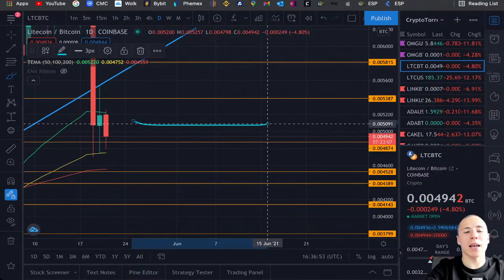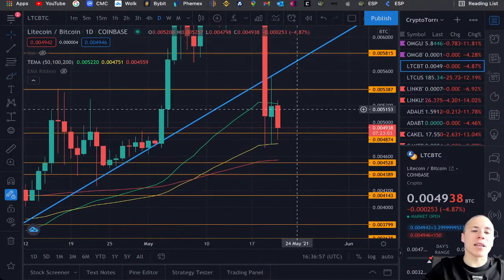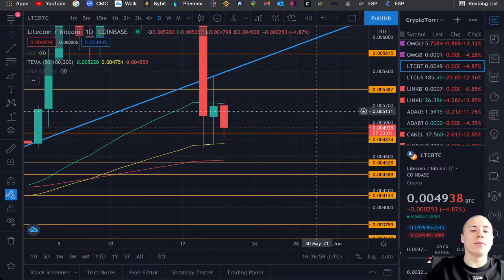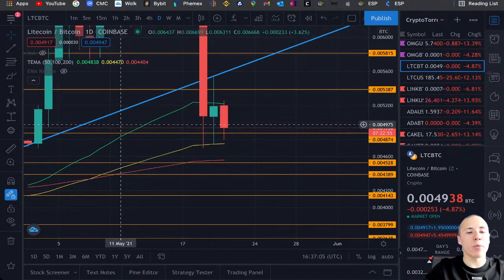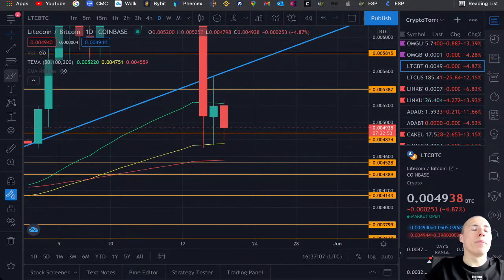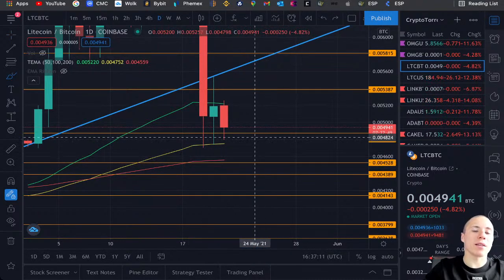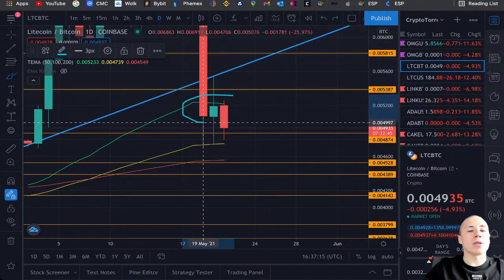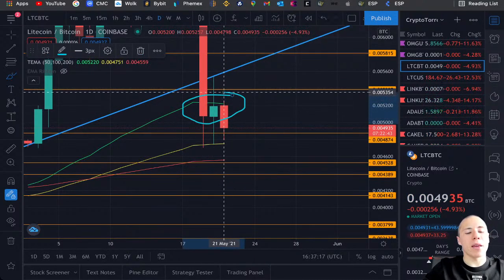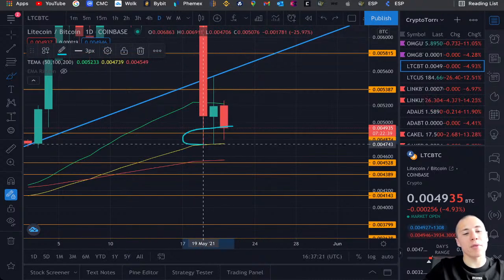And what we are seeing is that still, if we take a look at the moving averages, it is not very, it could have been worse. Let's say it that way. It could have been worse. We could also be underneath the 200-day moving average. That's not something that is happening right now. We are currently finding resistance underneath the 50-day moving average, and we are finding support on top of the 100-day